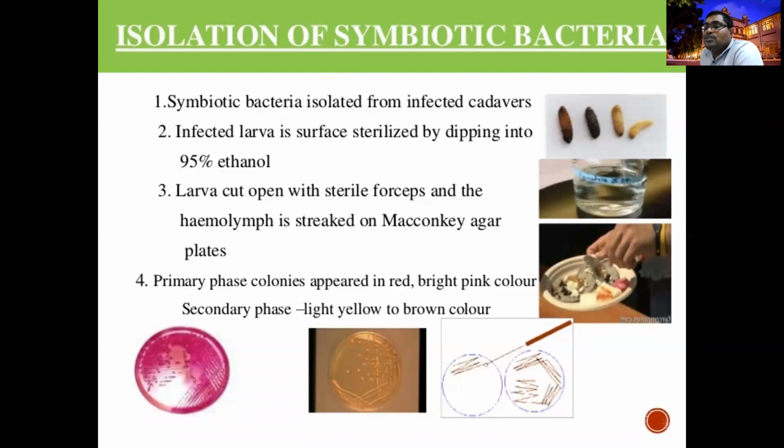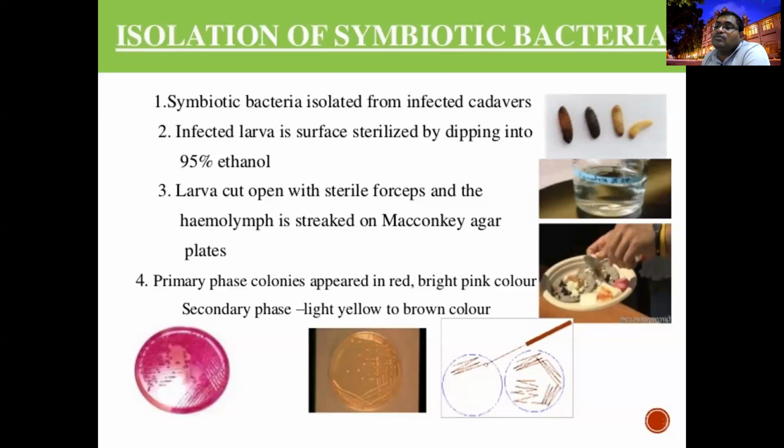So these are the two ways biopesticide industries are nowadays developing biopesticides. The first thing is we have to know how symbiotic bacteria can be isolated and cultured. First, you can isolate the symbiotic bacteria from the cadaver, because the cadaver shows a reddish color